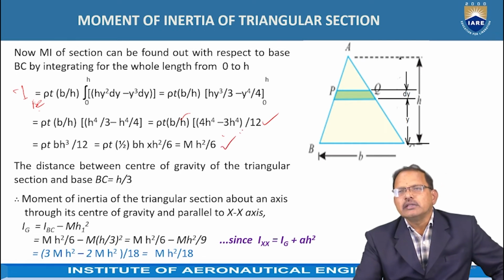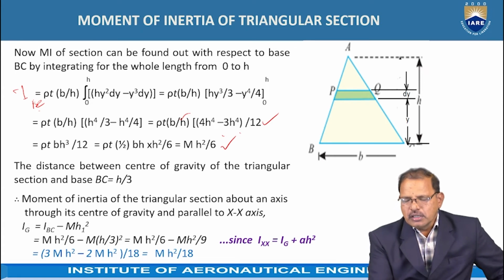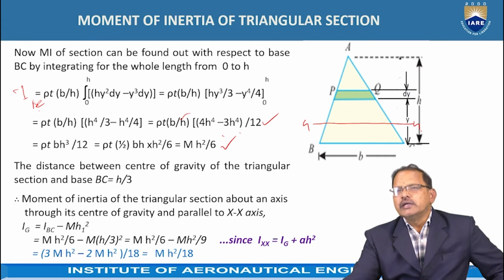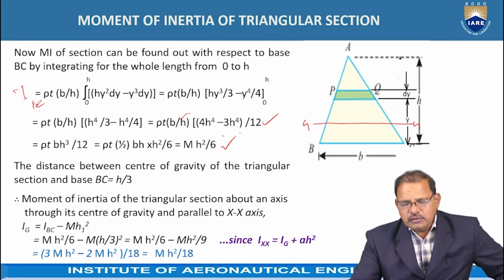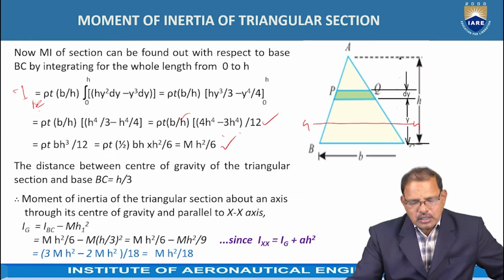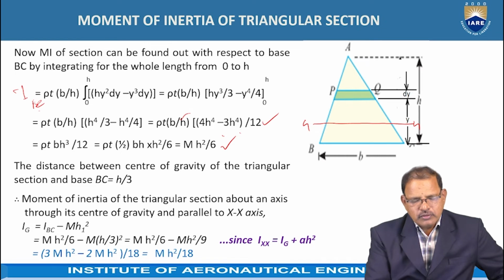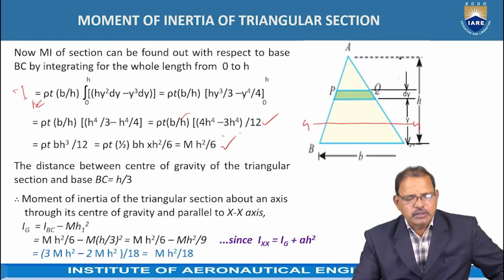Now, in order to determine the mass moment of inertia of the triangular plate about the central axis, assume this is the axis GG, which is at a distance of h by 3 as shown in the figure. The moment of inertia of the triangular section about an axis through its center of gravity and parallel to the x-axis is given by